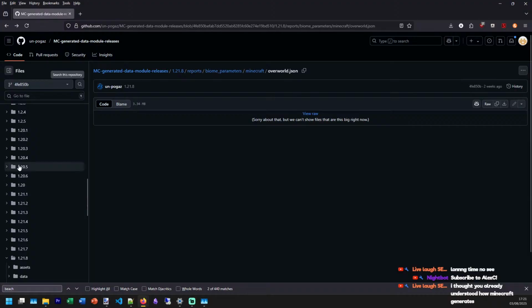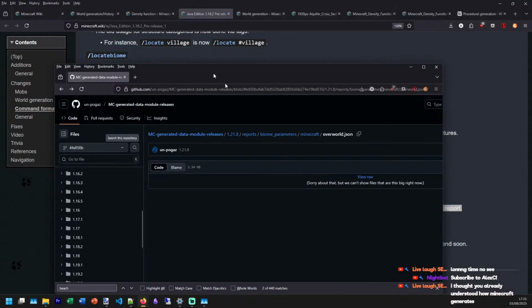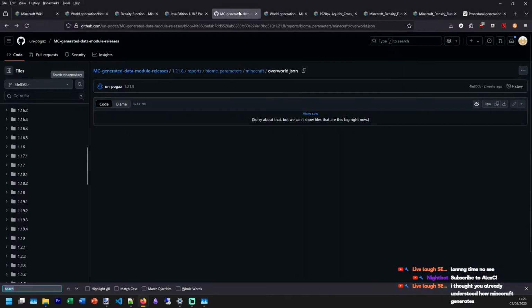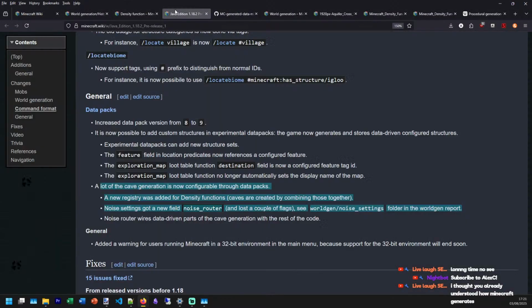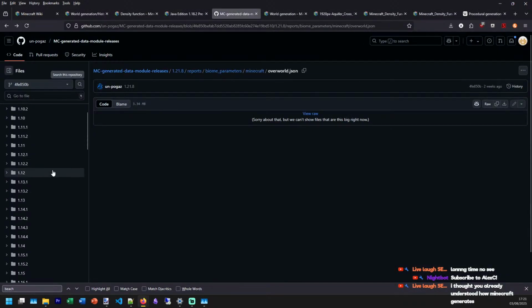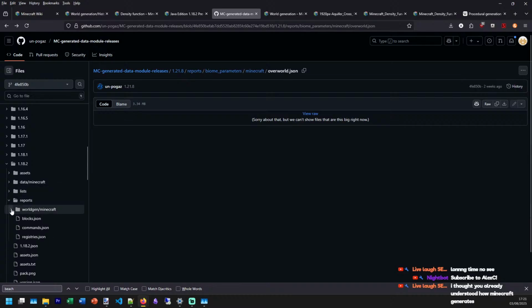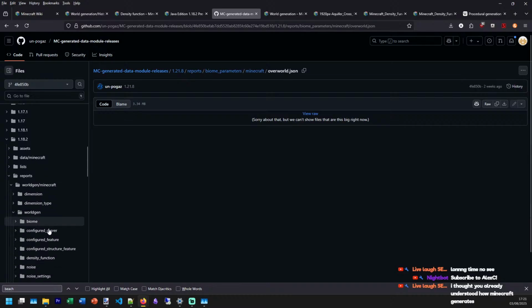Maybe I'm missing something. We'll go to 1.18.2. Let's just say 1.18.2 or 1.8. Oh, World Gen slash Minecraft. World Gen.